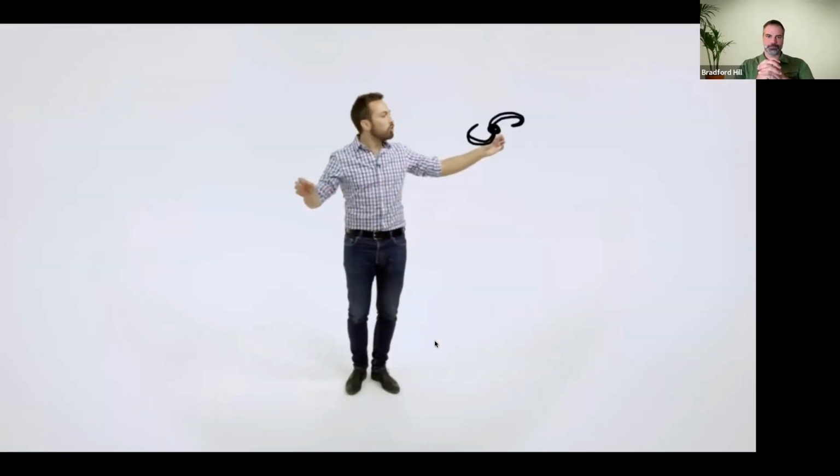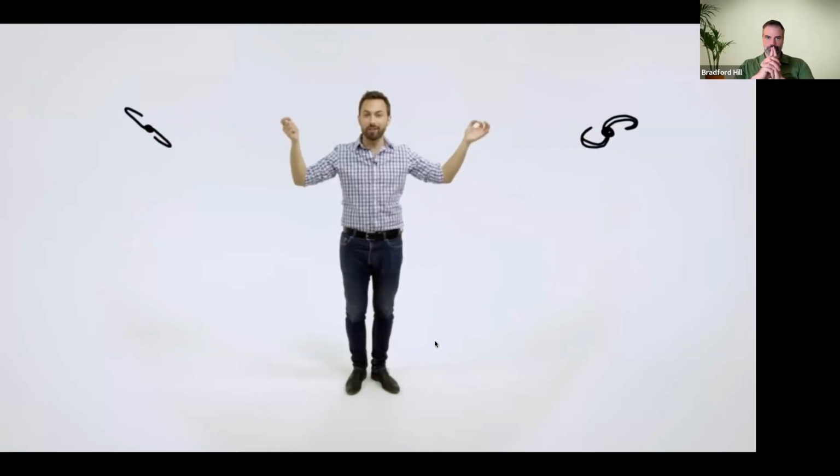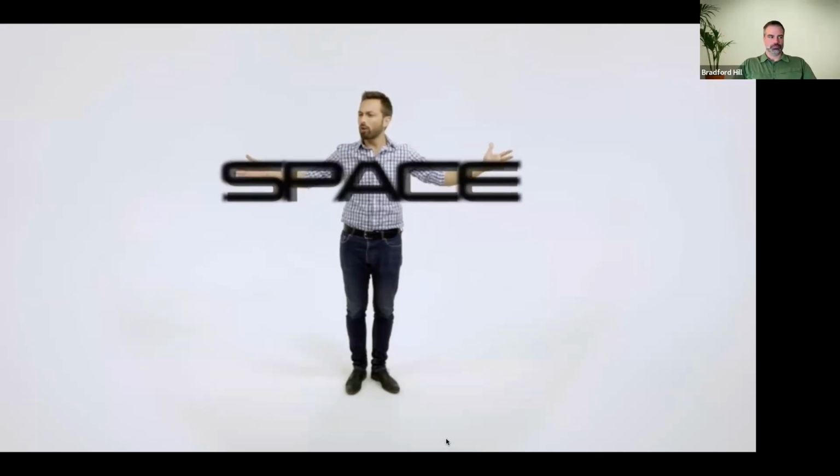If you pick 2 points far enough apart in our universe, you can always find ones that are moving apart from each other faster than light. That is simply due to all of the expanding space in between. So our universe is now and has always been expanding faster than the speed of light. But doesn't this violate Einstein's special theory of relativity that says nothing should be able to move faster than light? Actually, no. Relativity says nothing can move through space faster than light, but that doesn't stop space itself from expanding